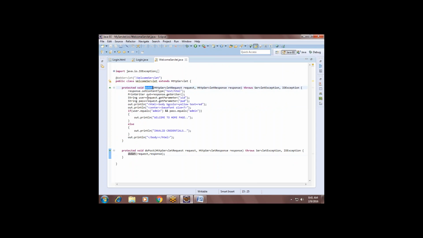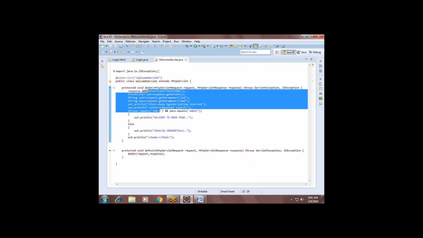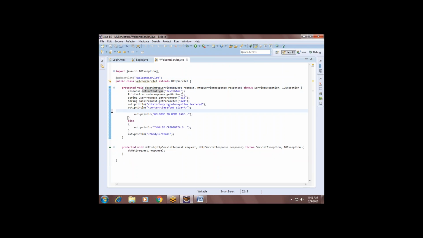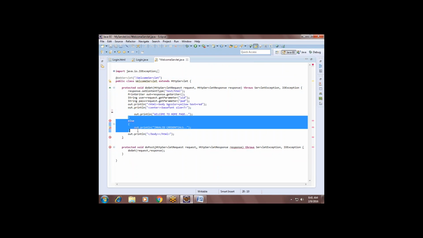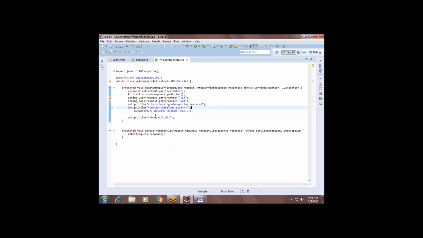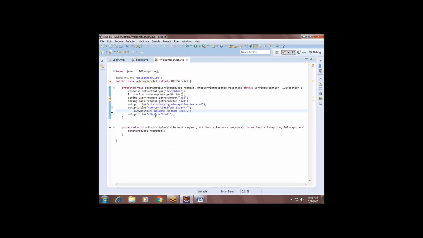So doPost will call doGet method. When the client makes a request to doPost, it will call doGet. If the client makes a request directly to doGet, it will come to here. So this is the welcome servlet. It will display a message, right? This message it will display here. Understand?